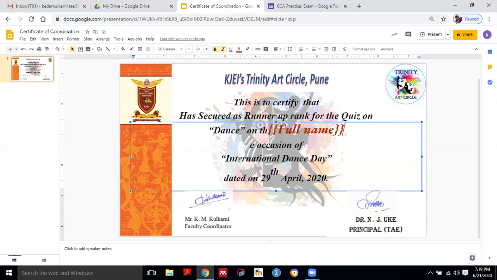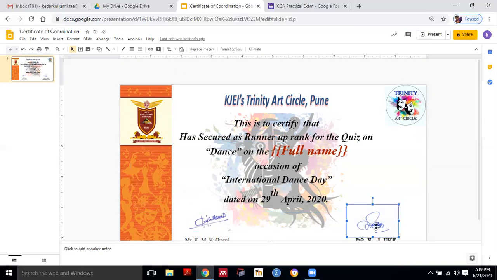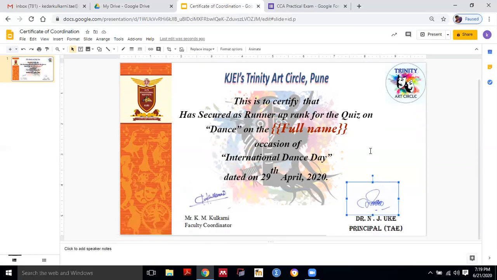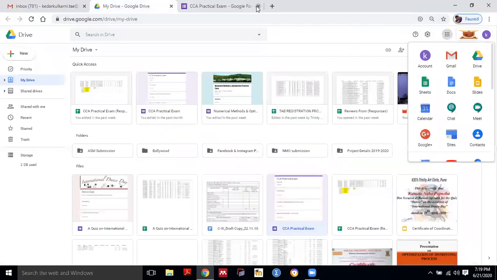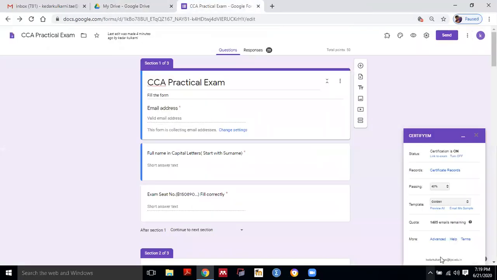Now you can change this matter also, and you can go for the signs, edit, and after that you can close the certificate because all changes will be saved automatically.